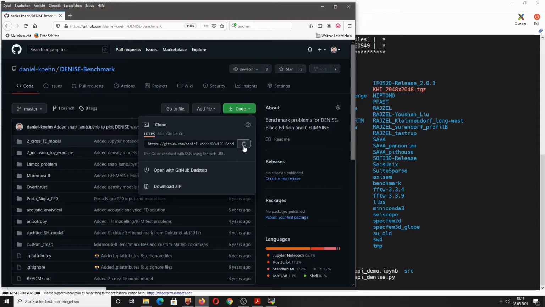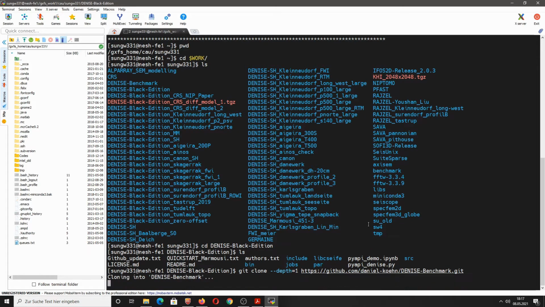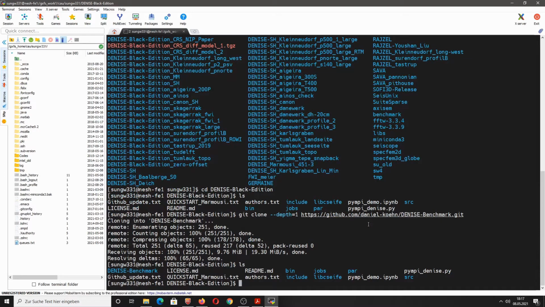So I go to Code, then click on the clipboard to copy the repository link. And I can use also depth equals 1 again in order to only download the latest version of the code. Okay. So now we have the folder Denise Benchmark in our folder Denise Black Edition.